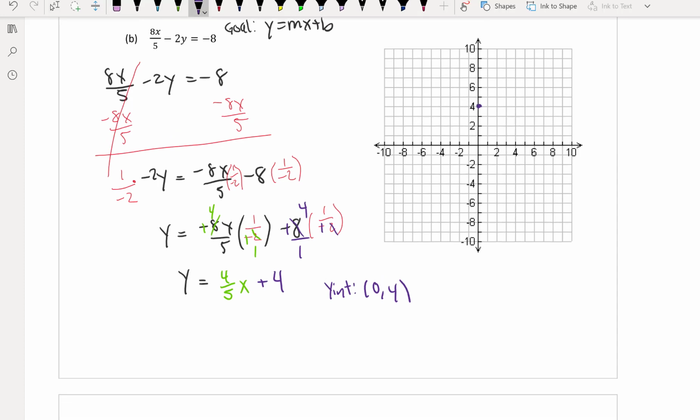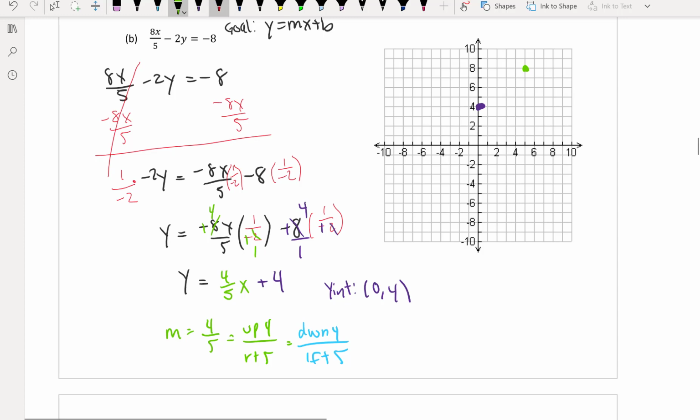So on my graph, I have my first point at (0, 4). My slope is equal to 4/5. That means to go up 4 and to the right 5. It also means I could have gone down 4 and to the left 5. So if I had decided to go up 4 and over 5,